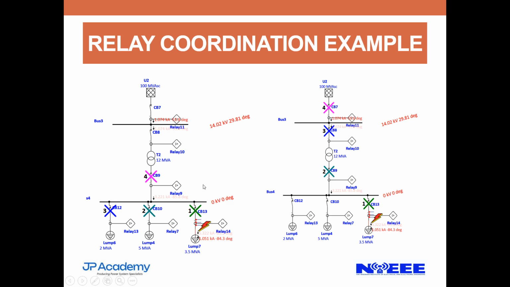Remember, the breakers are not tripping at the same time in relay coordination. There's a time margin between each relay to operate. If we have a fault here and this fails to operate, then this operates as a backup. So this is the primary relay, this is the backup relay. If there's a fault at this point on the bus bar, this becomes the primary relay and this becomes the backup relay. That's the way relay coordination works. So this is wrong and this is correct.